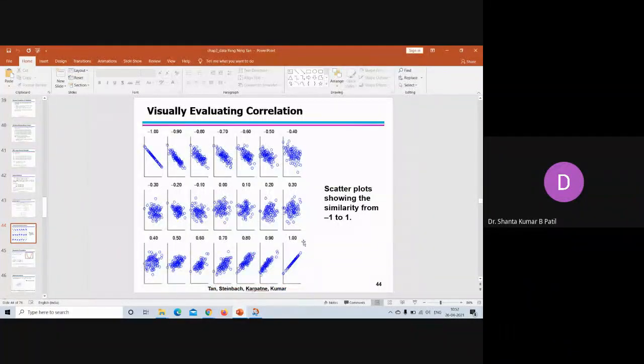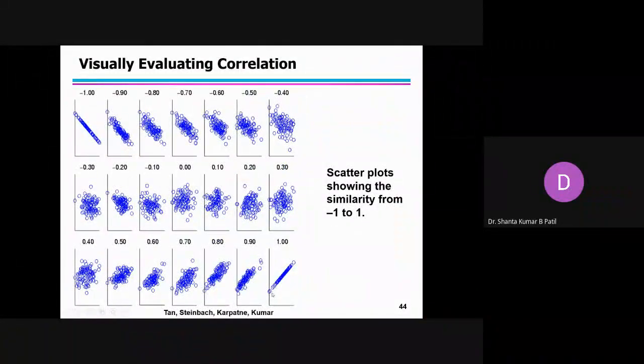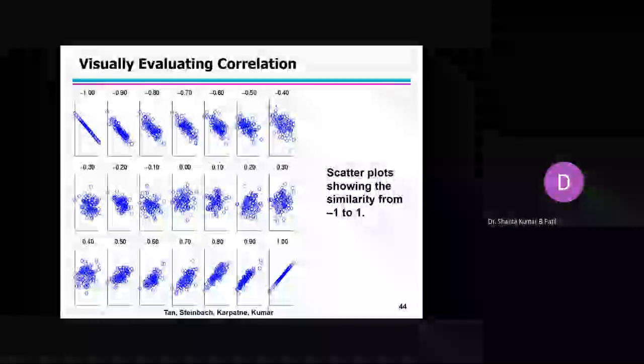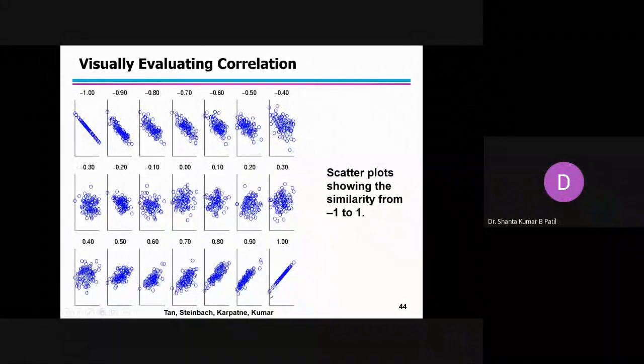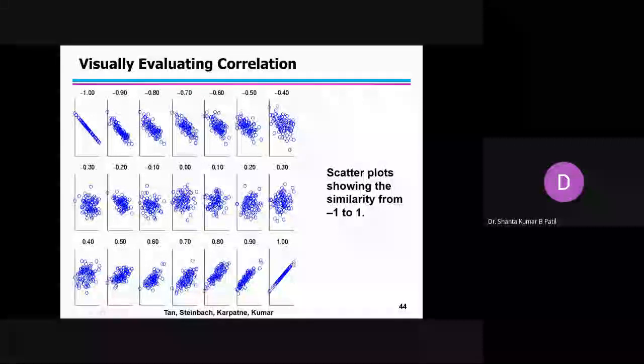So if they are similar, the two points are similar. If x is 0, in the linear equation y is also 0, but because of the constant b, y is showing some values. Okay, so both are varying. If x varies, y also varies. Okay, x increases, y also increases.